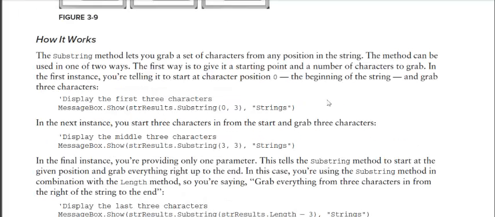What he says about this is, in this last one, in the final instance, you're providing only 1 parameter. Now I've been using the word argument, he's using the word parameter. Anyway, there's a difference between, well, we won't get into it now. Okay, so having only 1 parameter tells the substring method